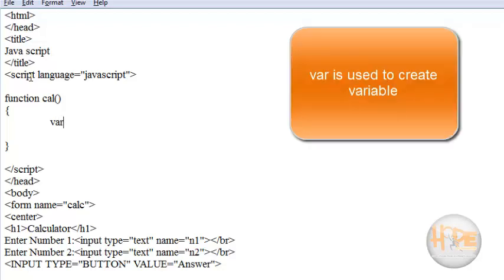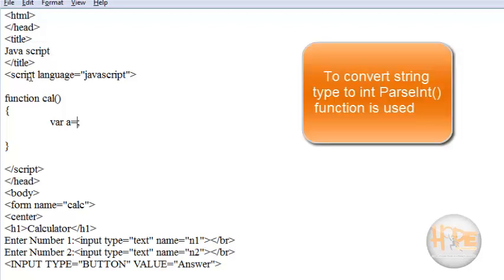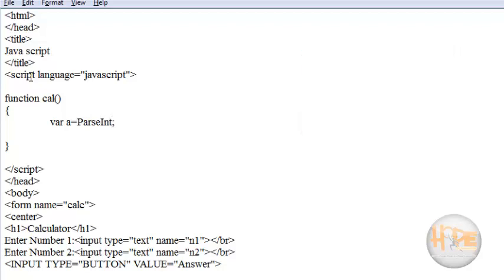So first let's declare variable a, and in variable a we are storing the value entered in text box 1, which is N1. The value entered by the user in a text box is of type string. So first we have to convert that type into integer. The parseInt function is used to convert the string type to integer.